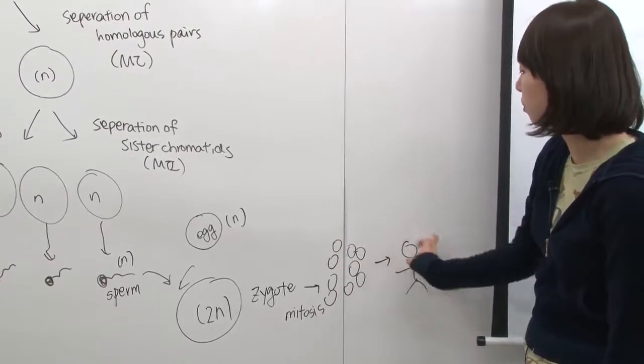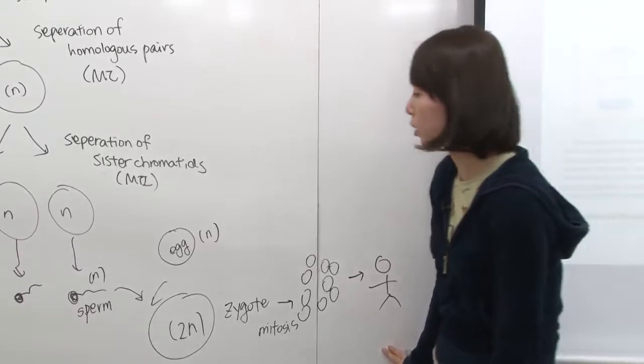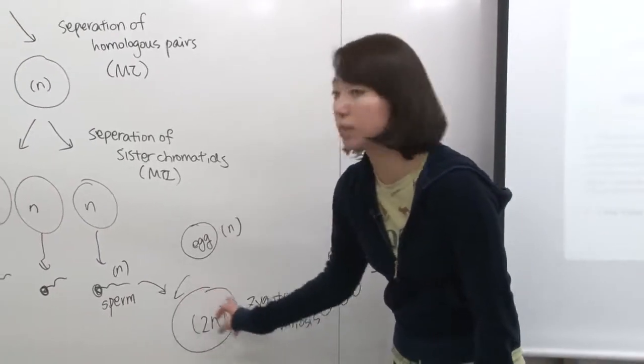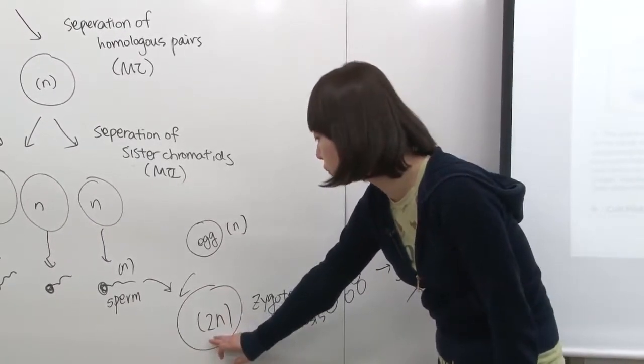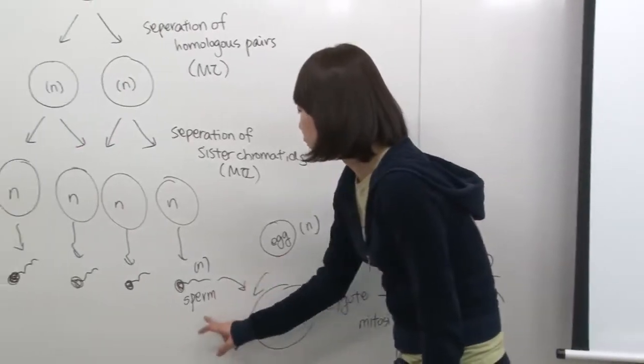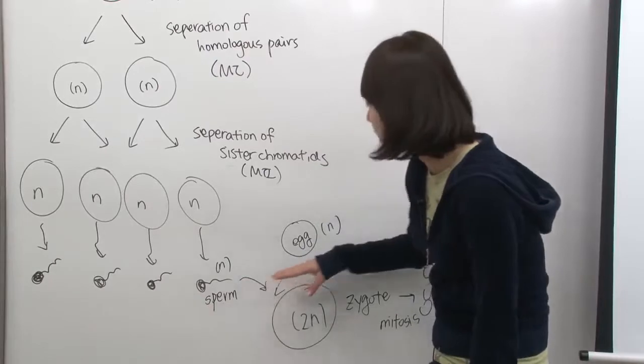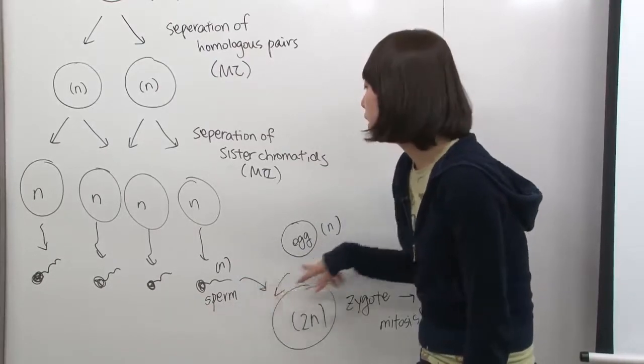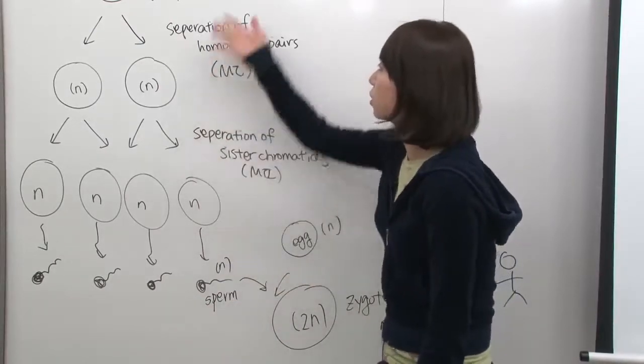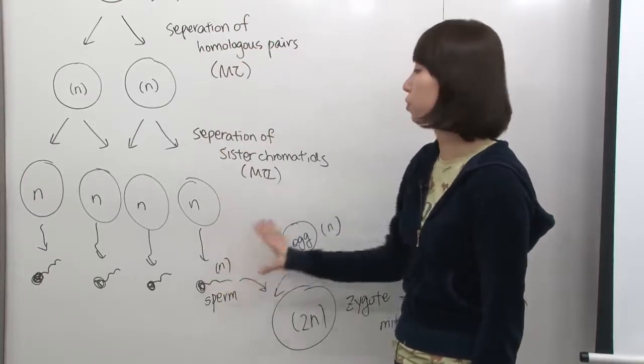So it's a multicellular organism that came from this preceding cell. All right, and this cell gets produced from the combination, the fertilization, of random sex cells. So this one and this one. Each of them gets produced as a result of meiosis in each of the reproductive organs in